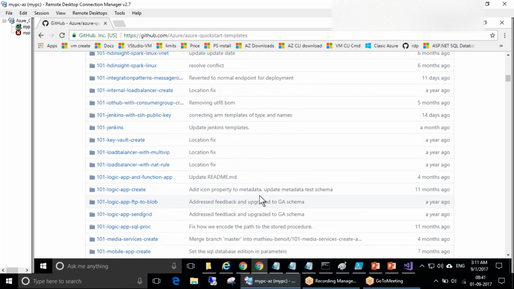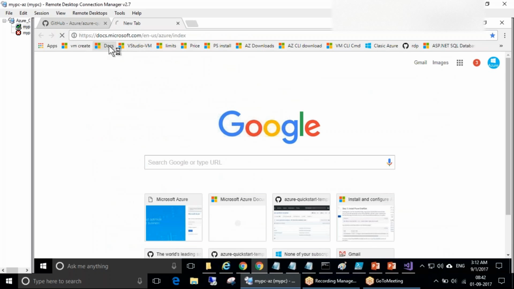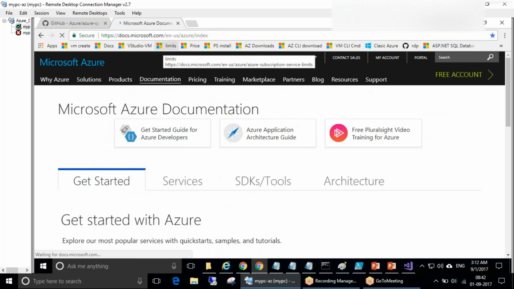They have the GitHub option in the portal itself. Yeah, it is there. If you go to the docs.microsoft example, or the Azure portal, azure.com,